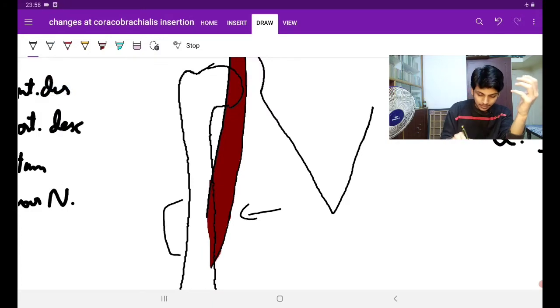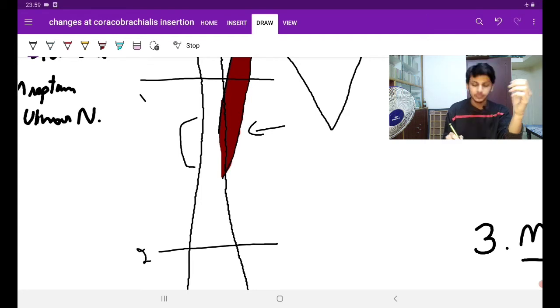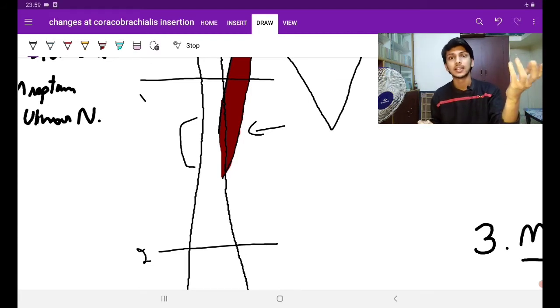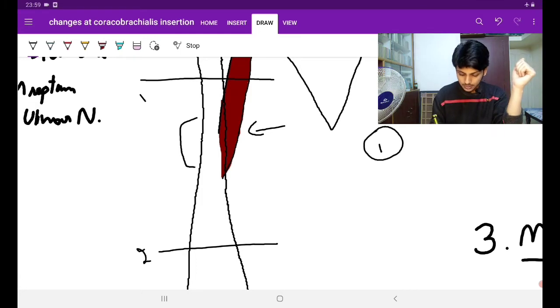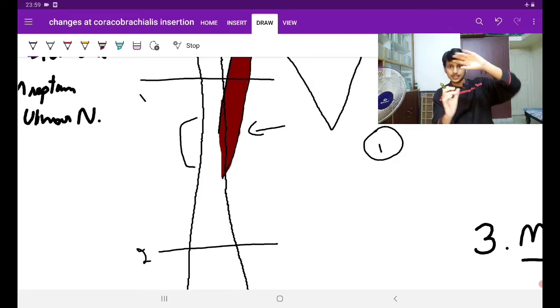Guys, see here, I'm cutting the bone here and cutting the bone here. This is the first point, this is the second point. Guys, see here, the first point I've cut here, now I'm seeing it like this. So when I'm seeing it like this, it appears circular, because there is a shaft of humerus, or basically the surgical neck, the necks of humerus there. The necks and the shaft are usually circular. Okay, the point 1 is circular. Then there is point 2. I've cut here like this now. I'm seeing it like this. So that is triangular in shape.